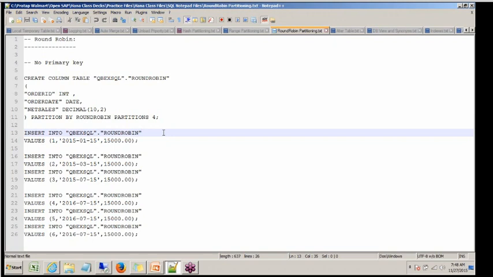It's not about data being equally split up or based on year or month. Your program using this table will explicitly control which block the data is moved to. So using round robin, you can say how many partitions you want, but how those partitions are leveraged will be controlled by the application running on top of it.